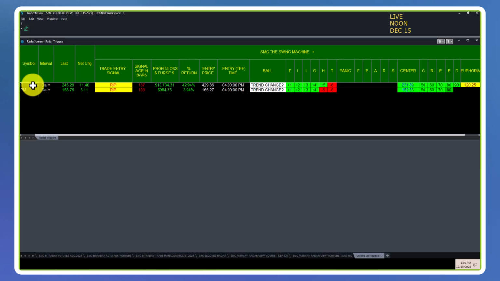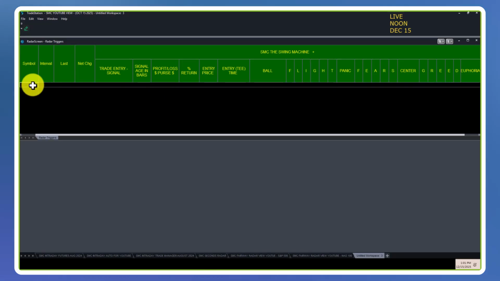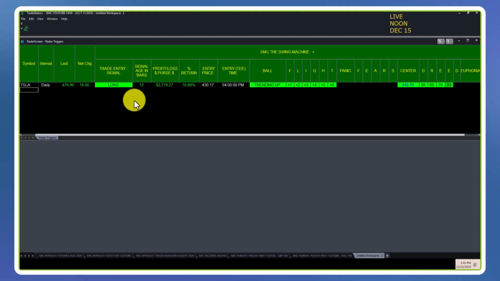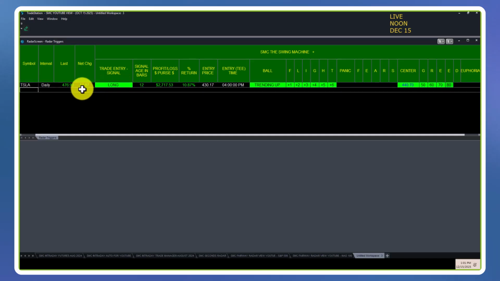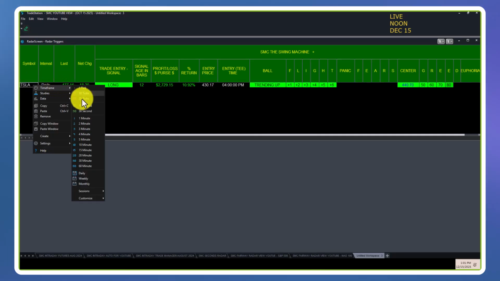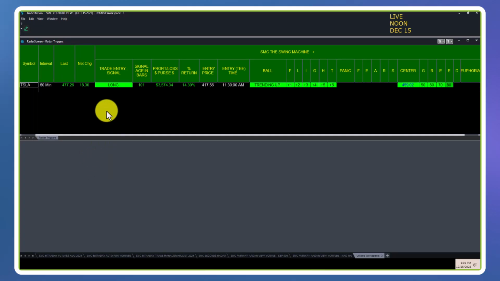So you have an interest, you get biased by the Fairway Radar, and you say, okay, I'm interested in selling Tesla. I get it. Everyone's buying Tesla. Look where it is on a daily. I get it. But I'm thinking I want to be selling it. So maybe we get inside the daily. We drop down to the hour, and she's still long on the hour. So I'd probably wait. I don't think she's done going up yet. I think it's a little too early, but she is getting up here,